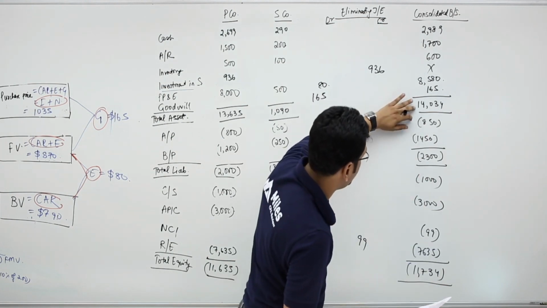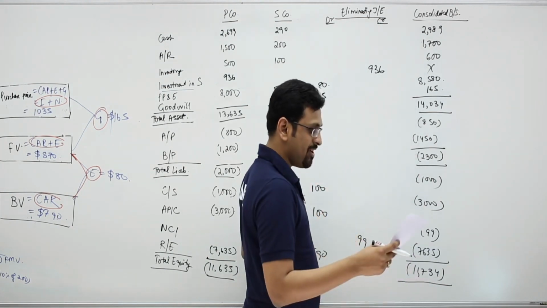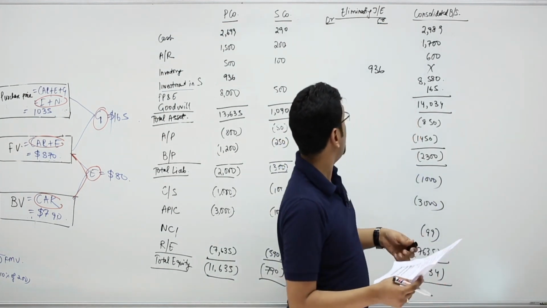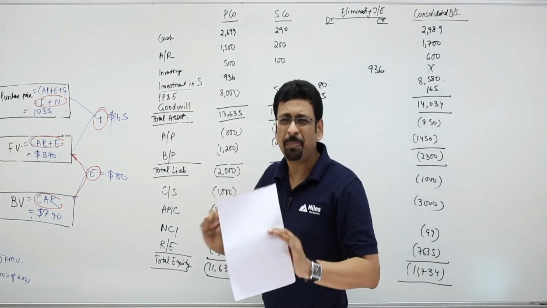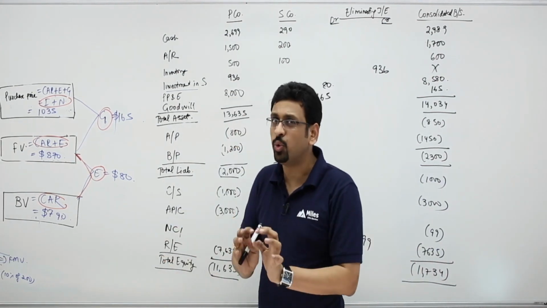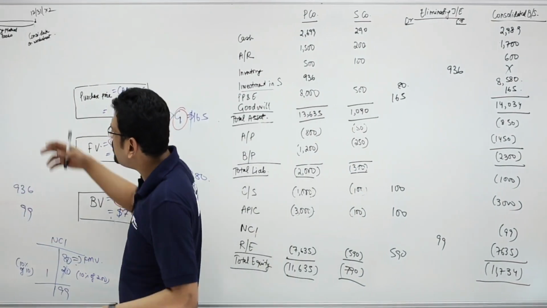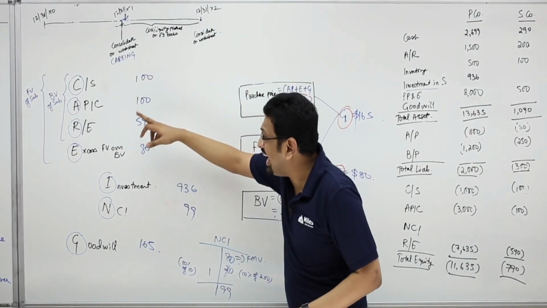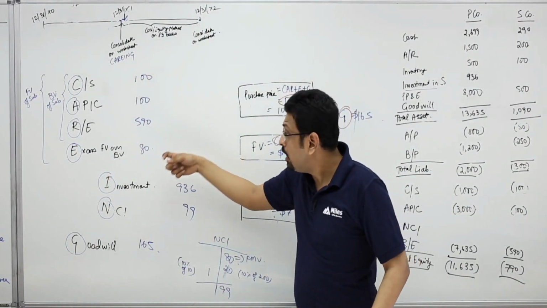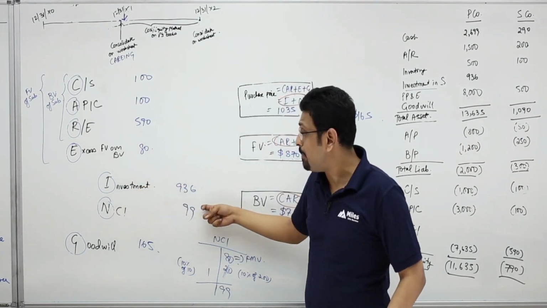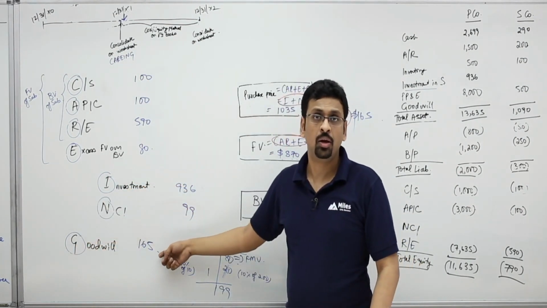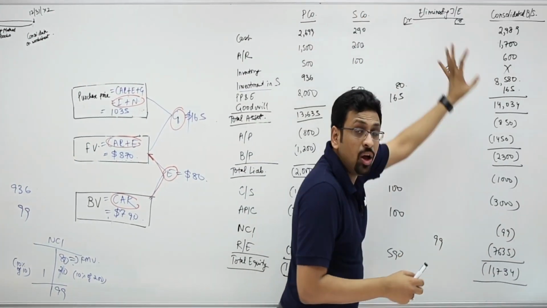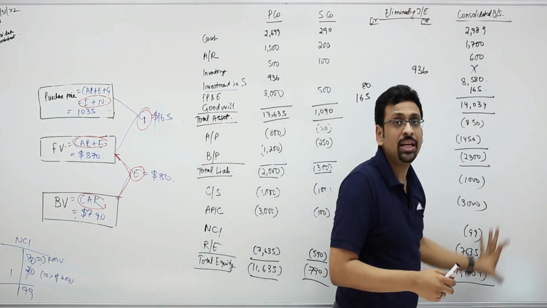So 14,034 minus 2,300, that gives us 11,734. So all good with the numbers here. So guys, it's simple and easy. No matter how complicated they try to make it, if you use your mnemonic CARING, it gets so simple. You just need to eliminate the subsidiary's equity, look at the excess fair value over book value, look at the investment number, non-controlling interest number, residual, goodwill. Build up this chart to be more sure, plug in the numbers on the consolidation worksheet, get your consolidated financial